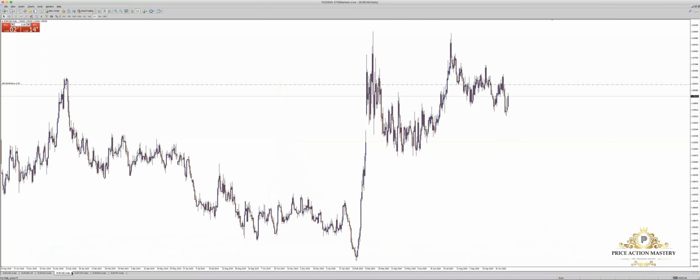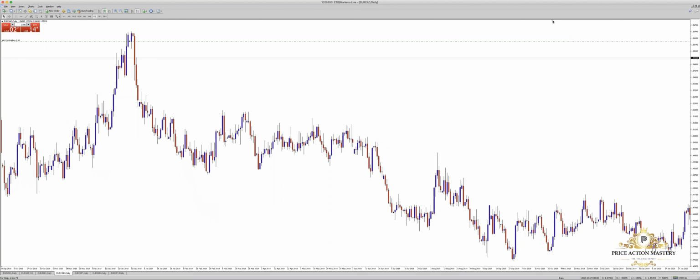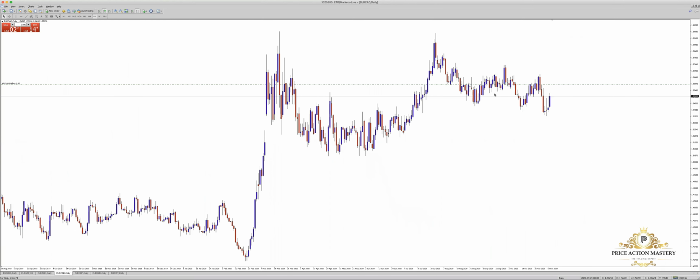Okay, the next will be Euro CAD. For this pair, if we look into just the daily, it's a downside exposure, very clear. As you can see, it's lower low, lower high. So if the market really wanted to continue the downtrend, at least our market can achieve until this level, then it can go for a downside exposure.